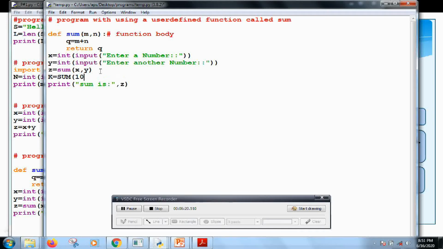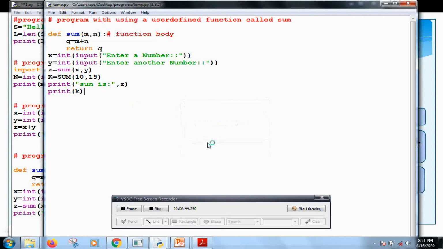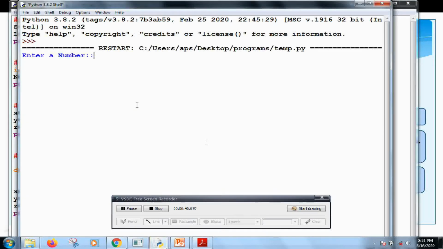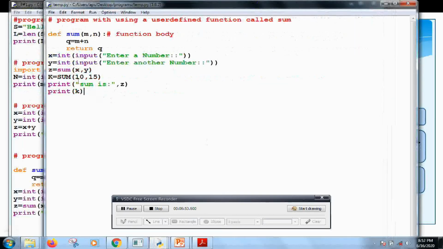It will add the values 10 and 15 that are passed to the function, and give the result back in the variable k. So if I print the k value, it will show me the sum of 10 and 15. It will first add 10 and 20 as it is 30. Sorry, the sum should be in small letters.